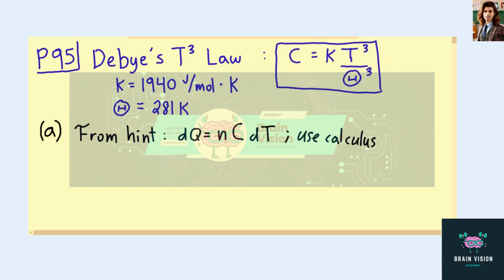Okay, for this question, we're going to use Debye's T-cubed law to solve some problems. Debye's law is given by this equation here that's boxed. The specific molar heat capacity is equal to K, which is a constant, times temperature cubed over theta cubed,